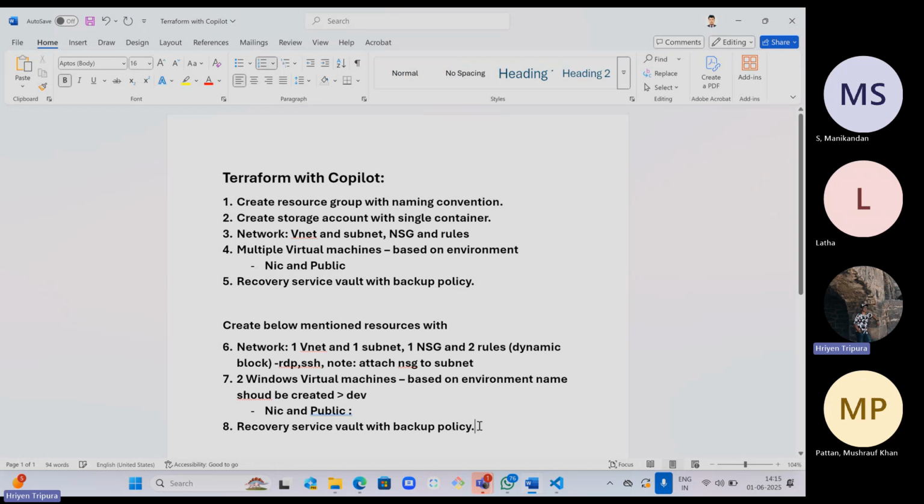Now same thing for the VMs. By default, Windows, public IP, VM connect to the NIC, right? This also I need to do. And definitely Recovery Services vault creation with backup policy,